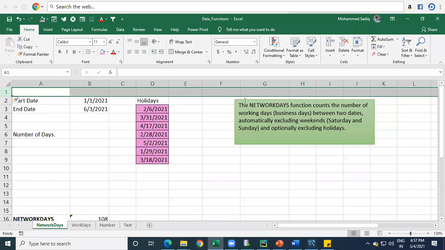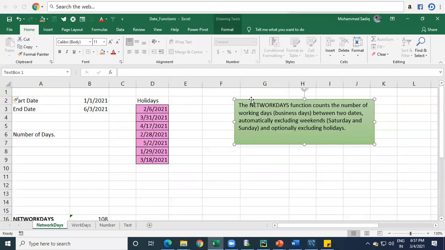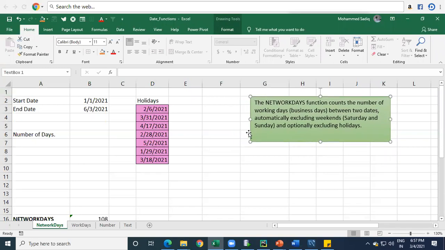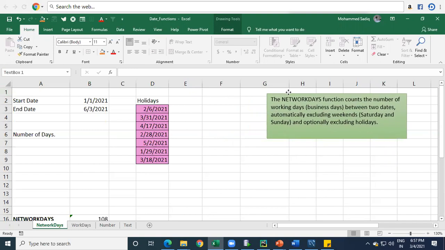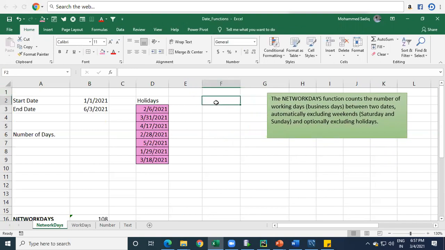We'll look into the different date functions. In today's session, we have planned to go through NETWORKDAYS and WORKDAY. Okay, before I get into these two functions,